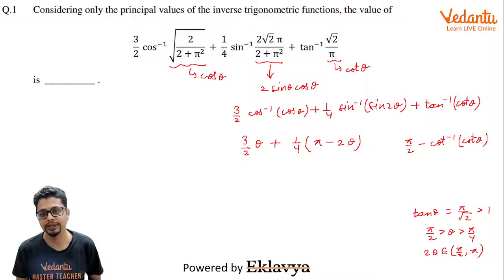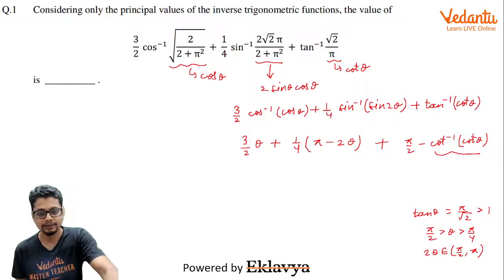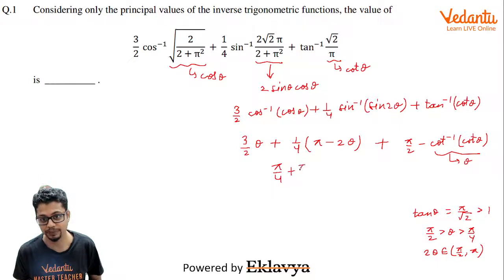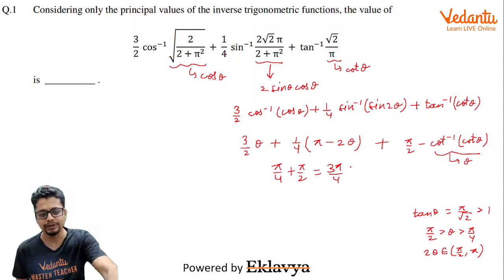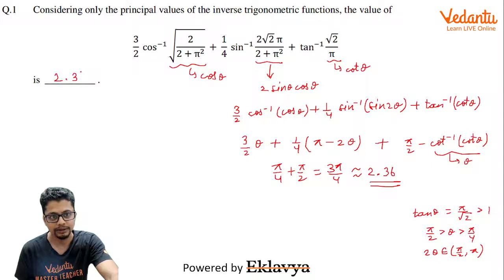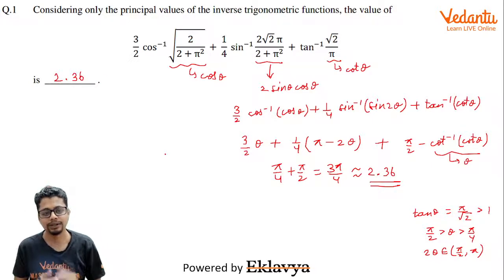Now here if you see carefully, 3 by 2 theta, and this essentially is theta only. So here what you get is 3 by 2 theta plus 1 by 4 times pi minus 2 theta, plus pi by 2 minus theta. So theta cancels out and what you get is pi by 4 plus pi by 2, which is essentially 3 pi by 4. Which you can calculate. It roughly turns out to be 2.36. So 2.36 is the answer,